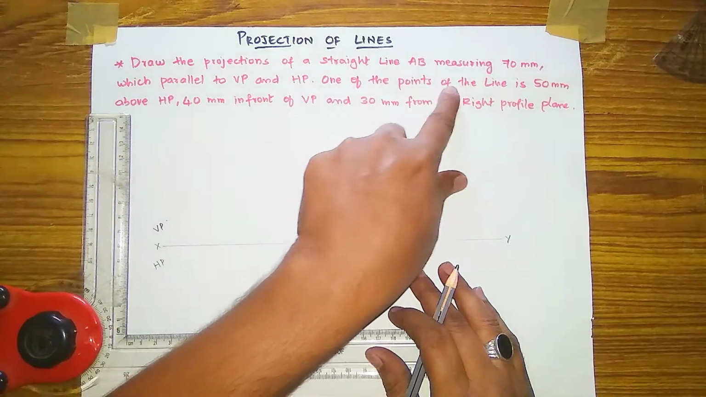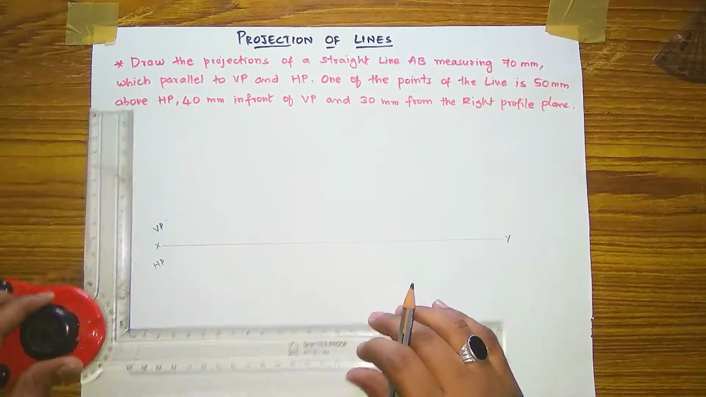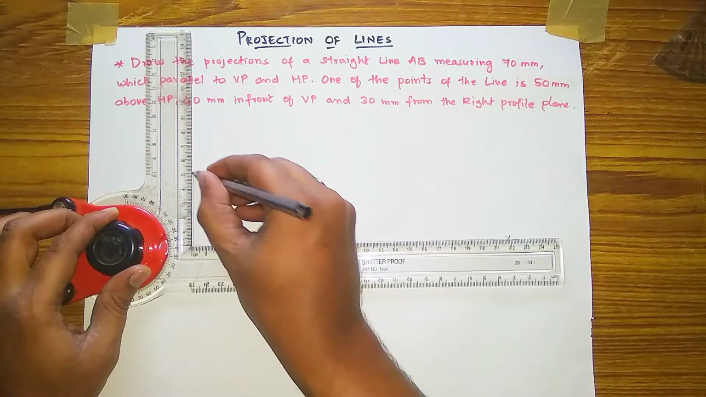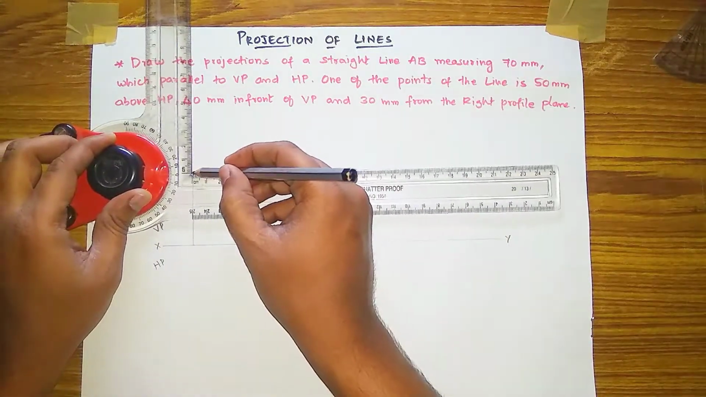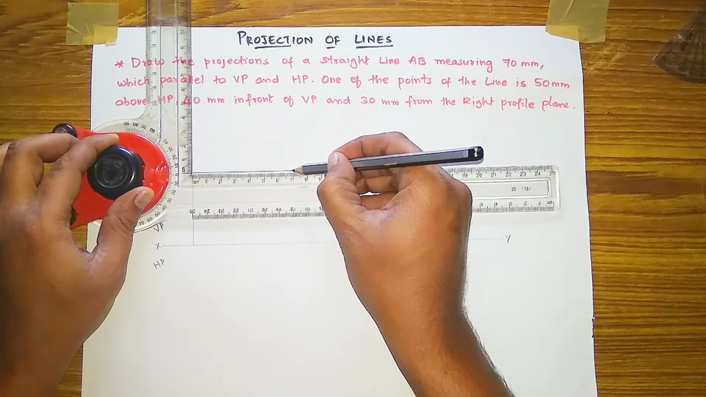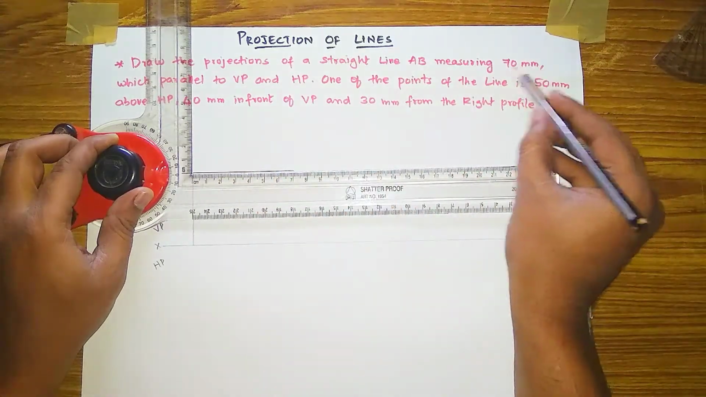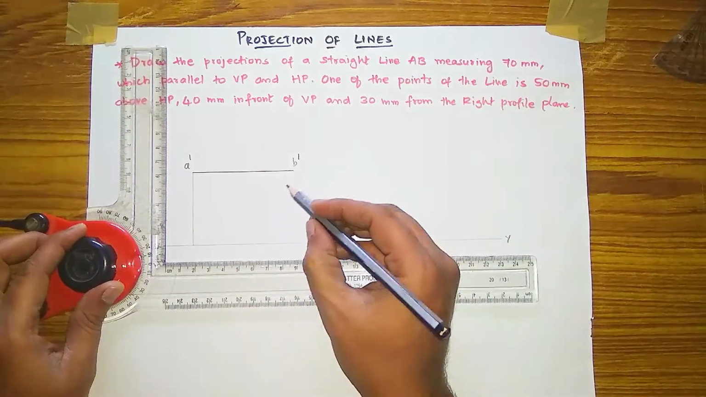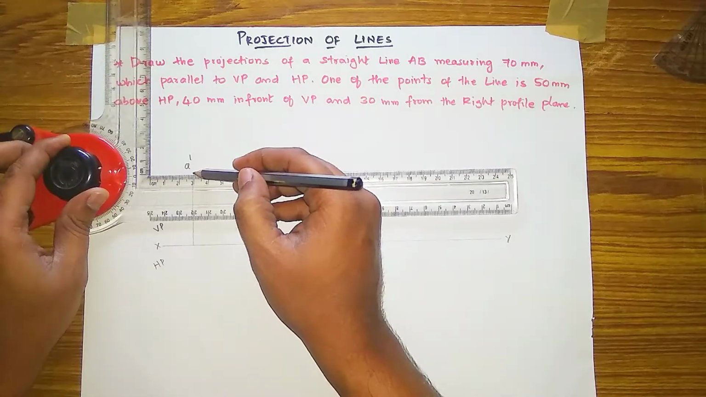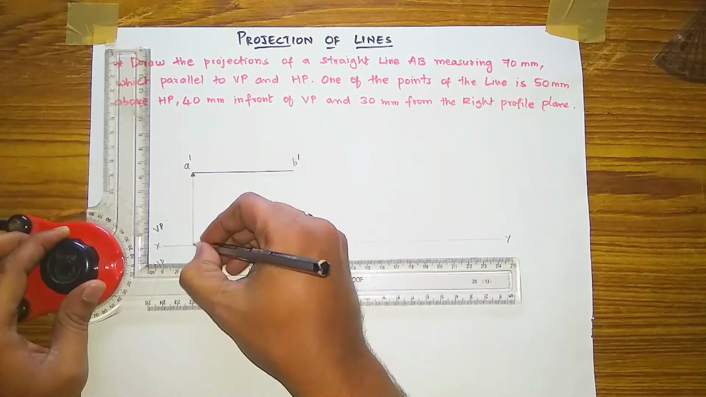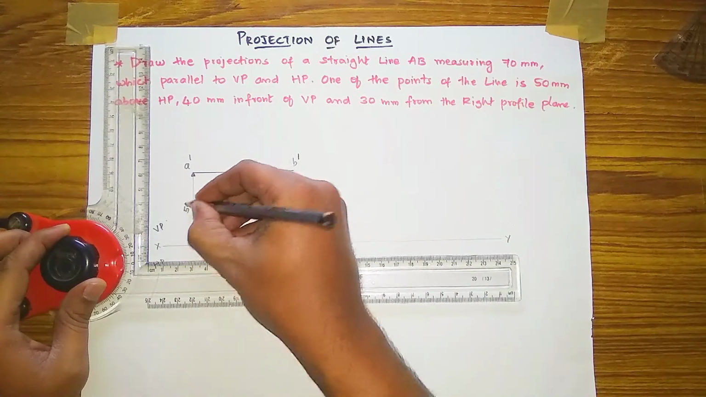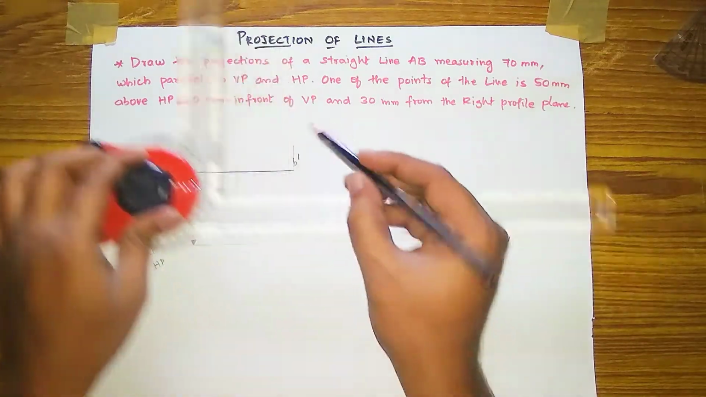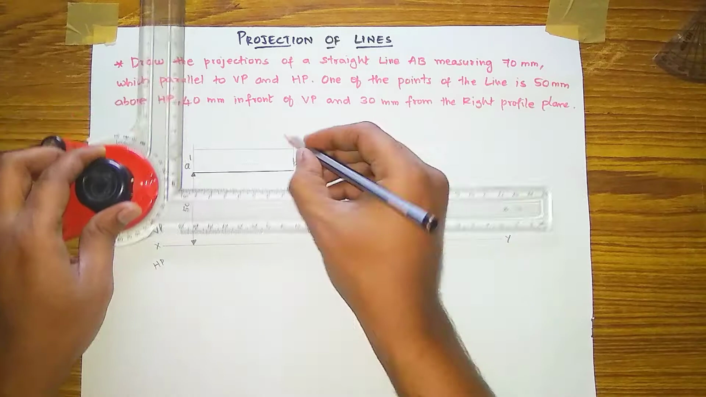Okay, one of the points of the line is 50 mm above HP. You have to take 50 mm above like this, and you have to draw a parallel line like this, 70 mm line. As your line is measuring 70 mm, label it as A dash and B dash. Okay, and we have shown you the distance, this is 50 mm, you have to show the dimension also, 50 mm, and this line measuring 70 mm. Draw the extension lines and dimensioning line like this,